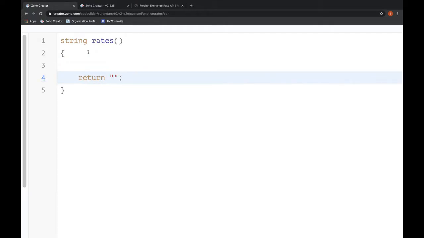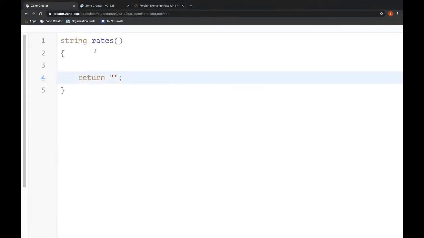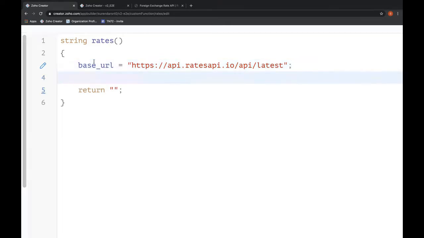So returning is as important because we are going to call this function in our form workflow and get the value. So let us say I'll just copy this and let me say base URL. Base URL is equal to this URL, and we are going to make a get request to this URL. So yesterday we saw when we are making a post request, it is mandatory that we have to send a